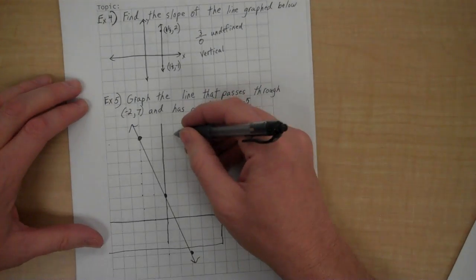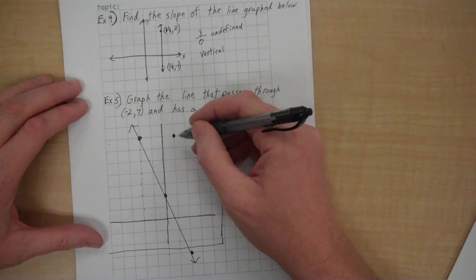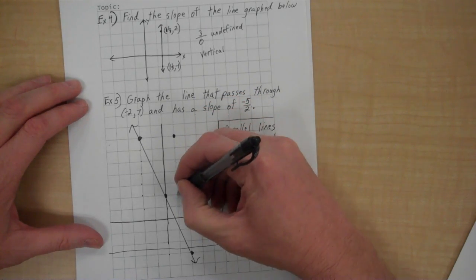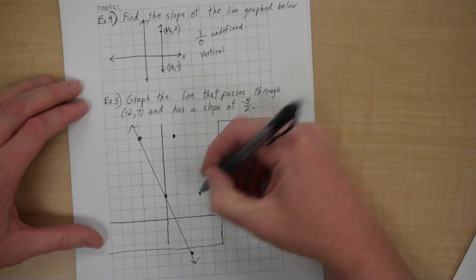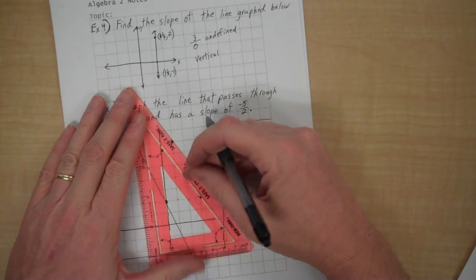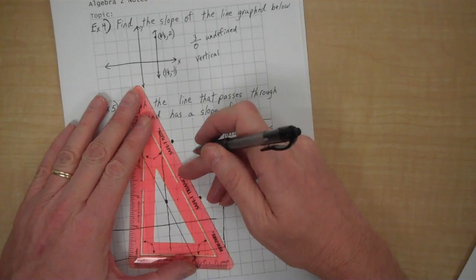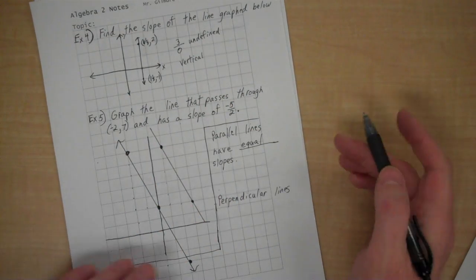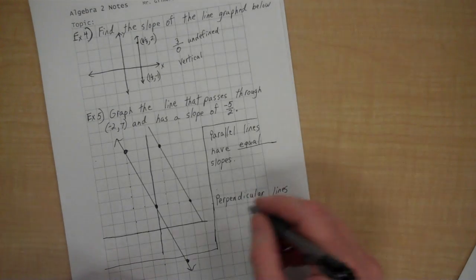If I were to put a point right here, and if I were to go down 1, 2, 3, 4, 5, and over 1, 2, that same slope, what you're seeing there is those lines are parallel. Now, perpendicular lines,